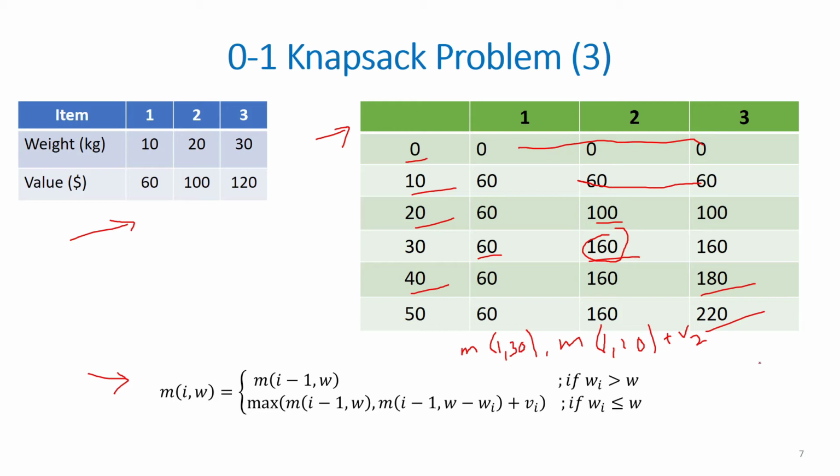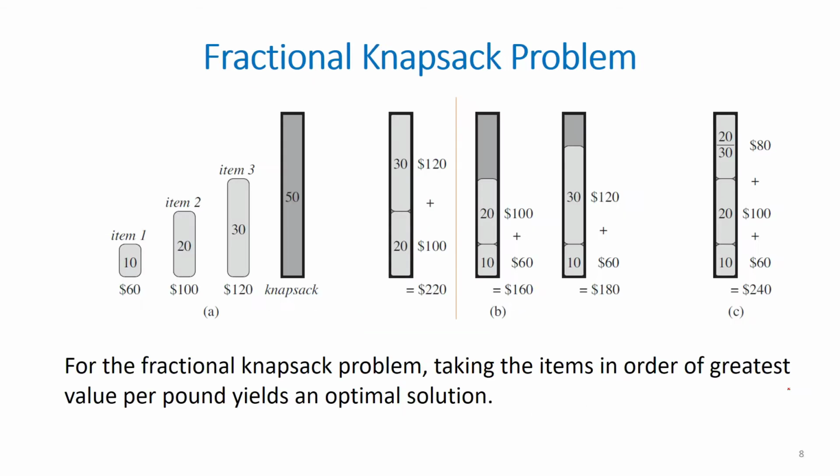This version of the knapsack problem is known as the 0-1 knapsack problem because for each item, the thief must either take it or leave it behind. He cannot take a fractional amount of an item or take an item more than once. Another version of the knapsack problem is known as the fractional knapsack problem, where the setup is the same, but the thief can take fractions of items rather than having to make a binary 0 or 1 choice for each item. So a thief can break up an item into smaller parts and take smaller fractions of it